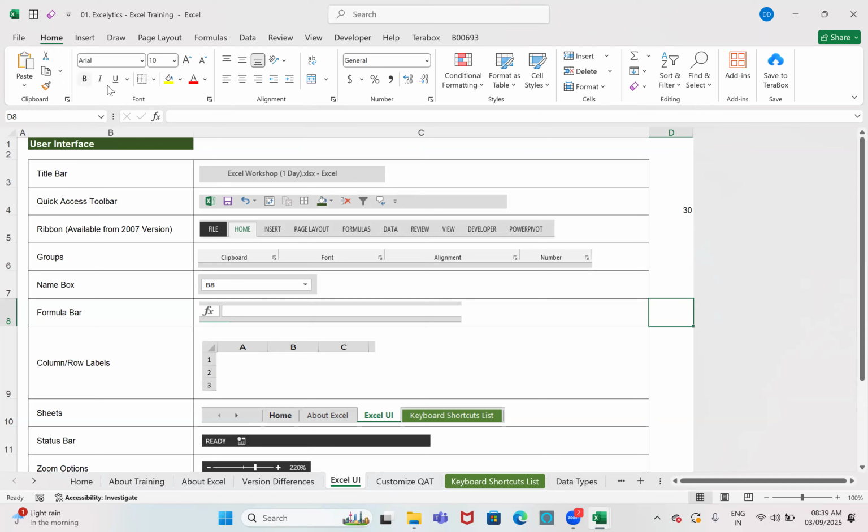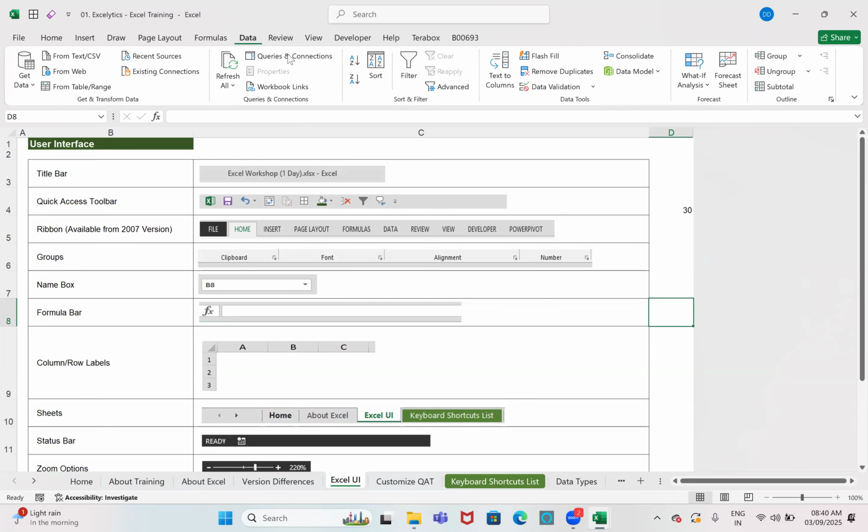You will have all font-related options: font, bold, italic, underline, borders, all these are related to font options. Alignment-related options you will have in the alignment group. Okay, these are called groups. Inside the group, you will have the actual option. So if you are asking me where you will have the flash fill option, I will tell you something like this: Data tab, Data Tools group, you will have flash fill. So that is the flow you have to check.